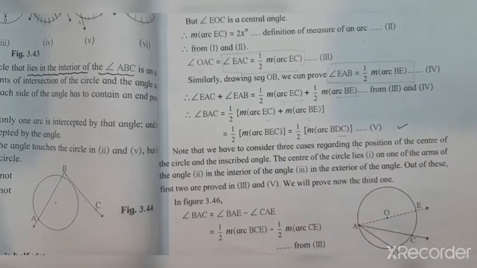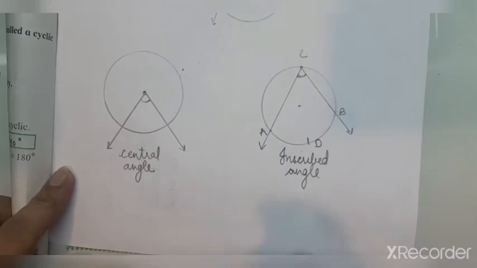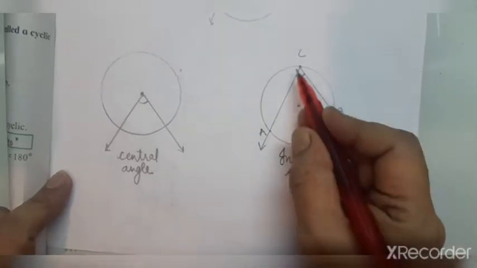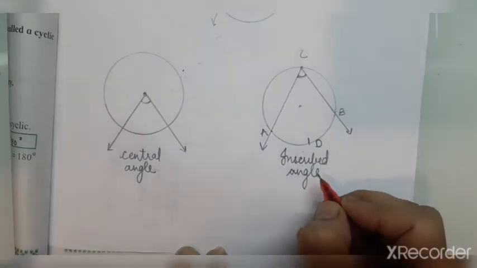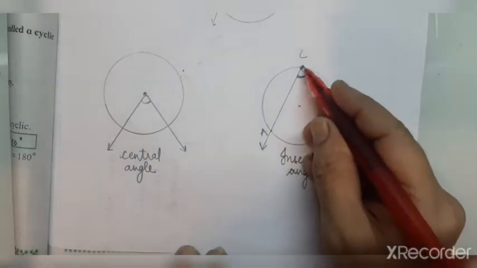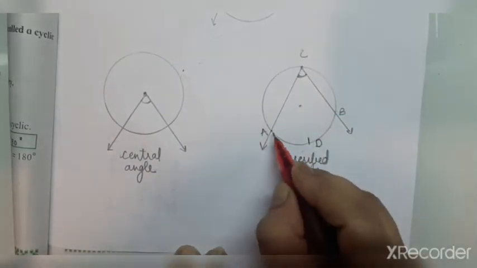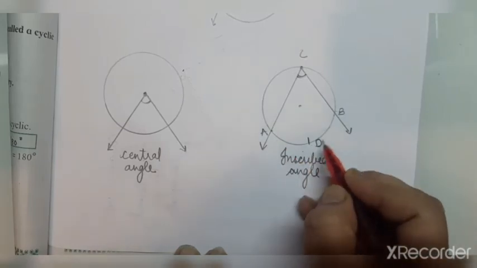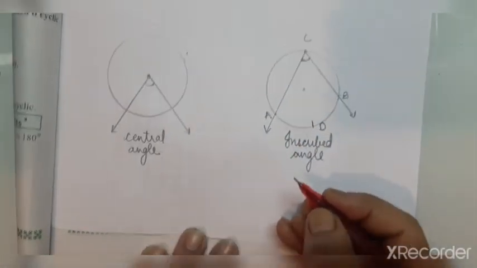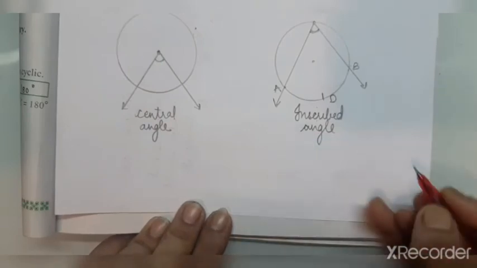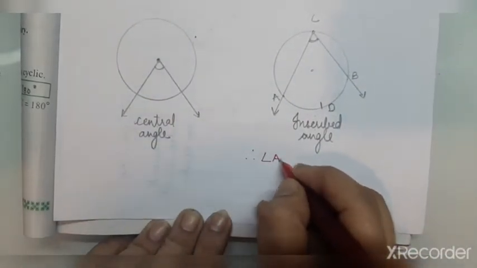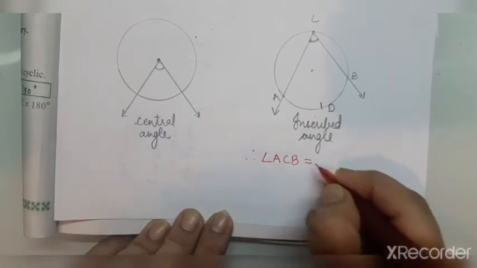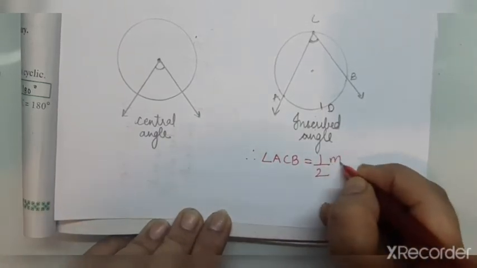Let us consider as x. So if all the three arcs are equal and we have considered it as x, we will put it in this statement. So we'll take this as 1 and 2. So substituting second statement in statement 1. Okay, so it will be x plus x is equal to 360 degree.